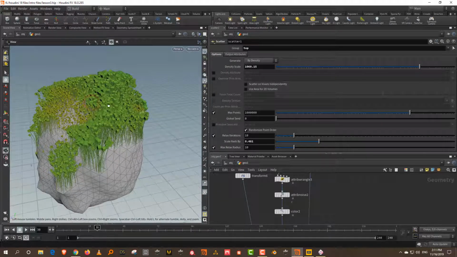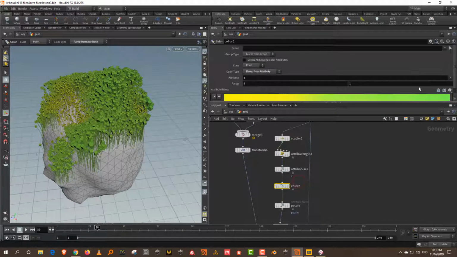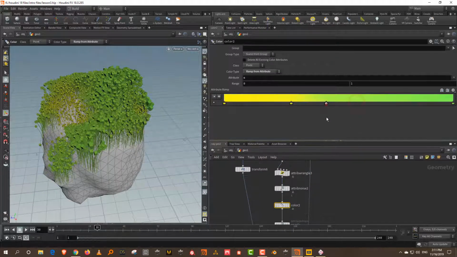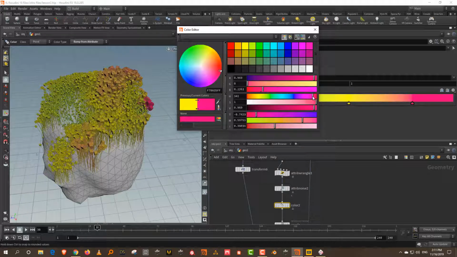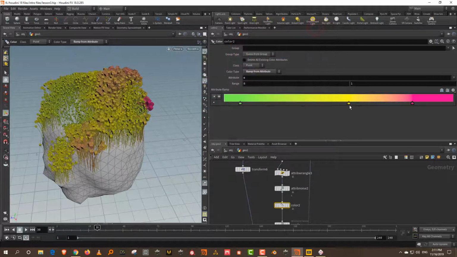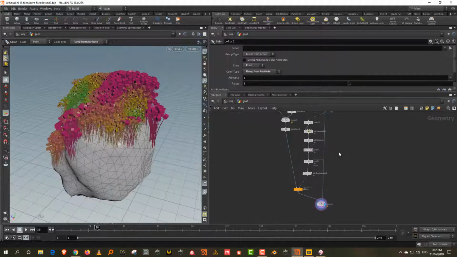So all that basic stuff that we did so far. Okay, let's reverse the color. So we'll flip this. Let's make this here and yeah. So the smaller ones are green and maybe these are yellow and then it turns red. Yeah, I think that looks nice. Yeah, see, there you go. That looks good. Yeah, so that's basically it.